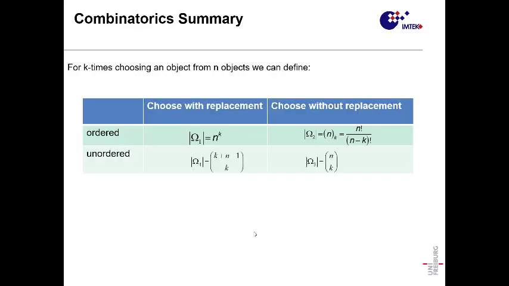So the last slide for today is a general matrix for choosing with replacement, choosing without replacement, ordered and unordered, and which formula you use. Again, this is for you for a quick check when you are stressed in the exam and you don't know how it was. Just make a post-it of this slide. I will give you the script at some point, and then you will have the table for checking this out quickly. But that's an example.